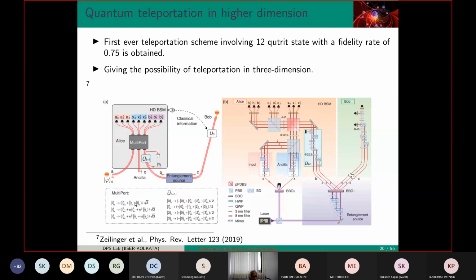Mathematics-wise, you can see here, it's just a column vector, and the processing is 3 by 3 matrices. Nothing very big. Mathematics is fairly simple. The difficulty lies in the experiment because they have to be very accurate at the level of single photons. That is the reason only in very few places these things are going on. In India, for example, Physical Research Laboratory, Raman Research Institute, and Tata Institute are beginning to go there. But this level of accuracy is still to be achieved. We are still quite rudimentary in our laboratories.